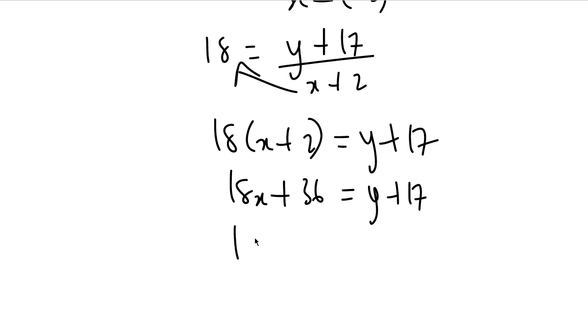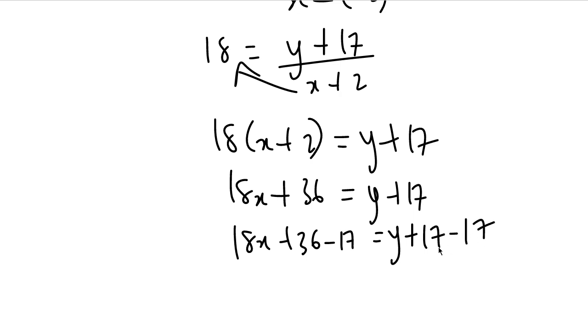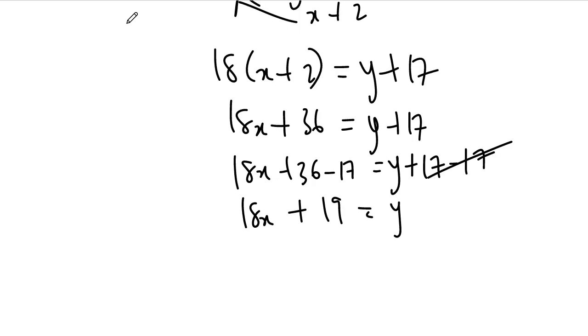Subtract 17 from both sides, you have 18x plus 36 negative 17 is equal to y plus 17 negative 17. So this goes and you're left with 18x plus 19 is equal to y. So you could write it this way, or y equals 18x plus 19. So this is the equation of the line that will be plotted, such that, first of all, it